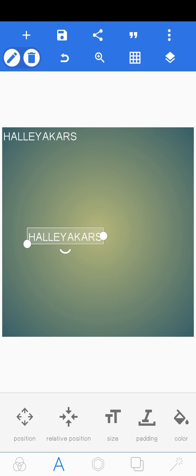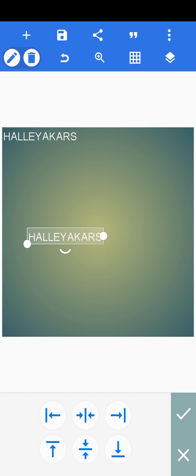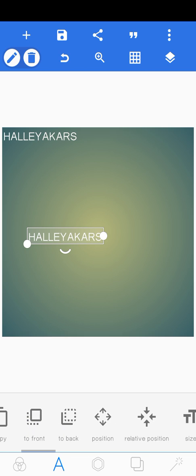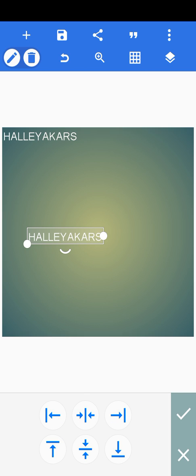Okay, so another thing we need to know is the relative position. This is the workspace now. What I want to do is know where the middle of the workspace is. I want to put this work in the middle of the workspace. Then I put it like this, middle of the workspace. That means from my right to the left, top to bottom, this is the middle. So if I want to put this same text to the edge of my workspace, I'll